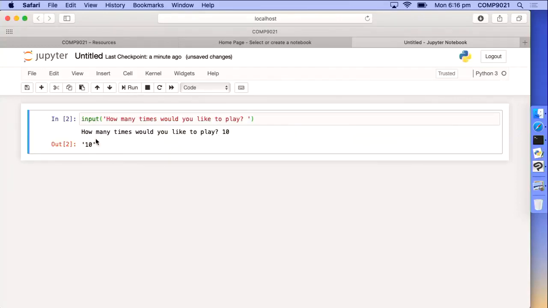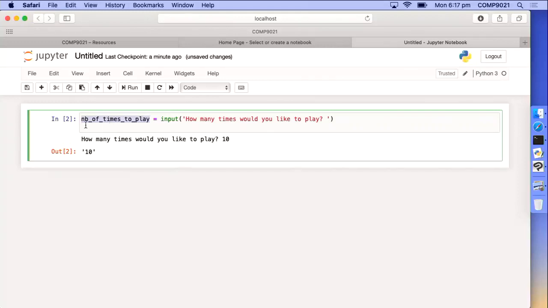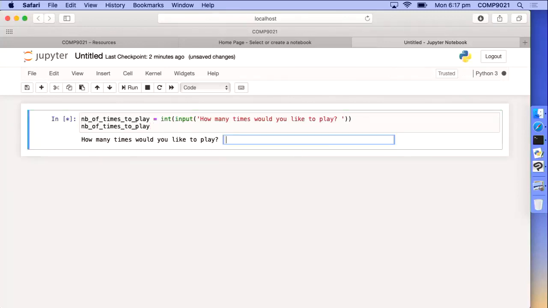And what does input return? Not the number 10, but the string 10, right? So of course we could say number of times to play is what's written by input, and we could then apply, in order to convert this string into an integer, int, right? We have seen that last week. And that works, but we can directly, right, pipe the output of the input function to int, right? So make the output of input the input of int, in which case number of times to play is what we want,